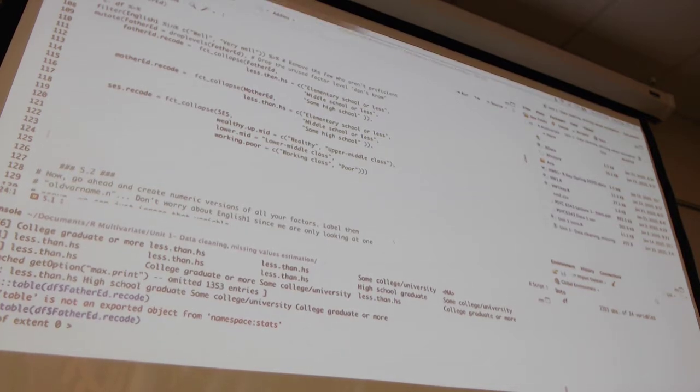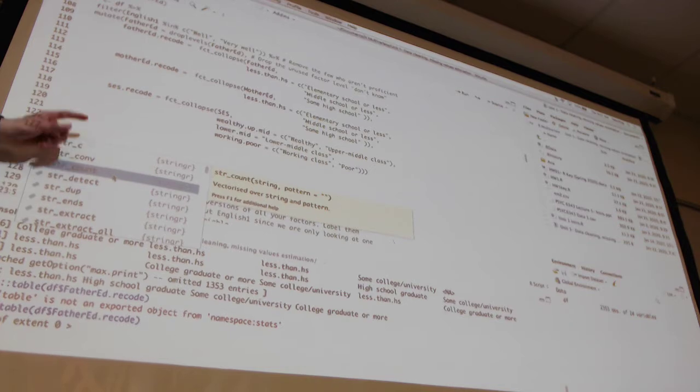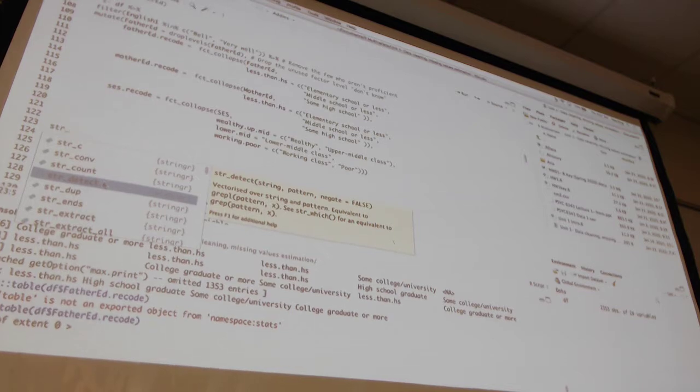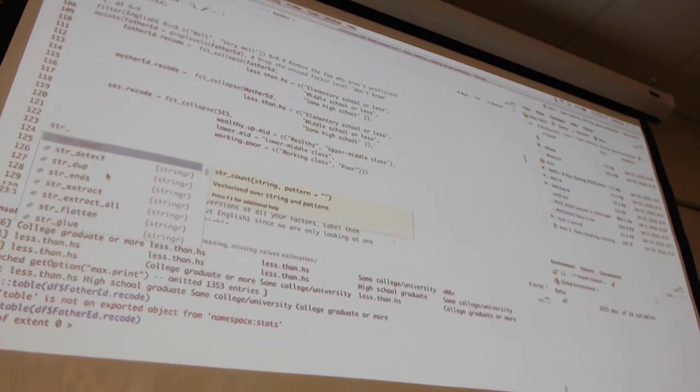One of them is to use regular expression, which is just ways of capturing patterns in any sorts of strings. It's incredibly powerful, albeit kind of a pain to use sometimes until you're learning it. But in the tidyverse, there's the package stringr, and it has several functions: str_detect, str_count, str_extract, all sorts of different things. So if, for instance, you're just trying to detect whether or not there is some pattern of characters in something, you would use detect, and it will just tell you true or false or whatever. If you're trying to extract a specific set of characters, then you'll use str_extract, which is what we're